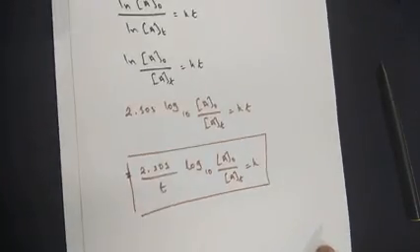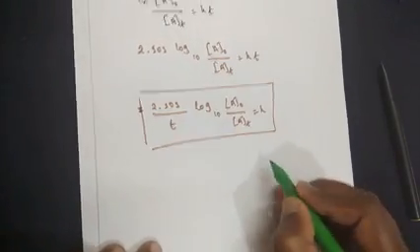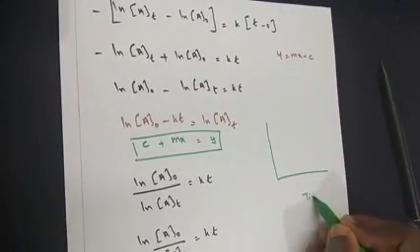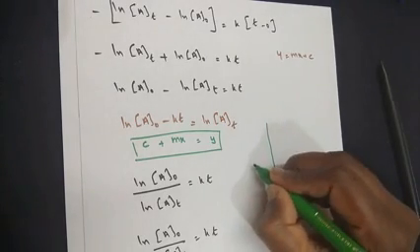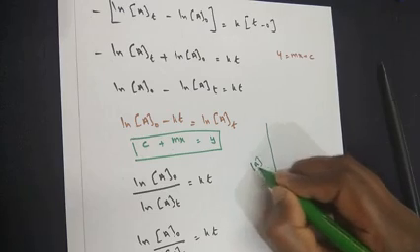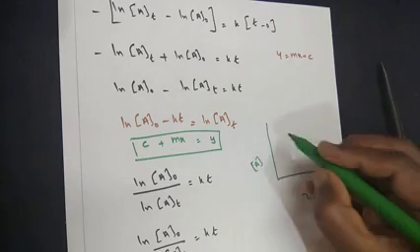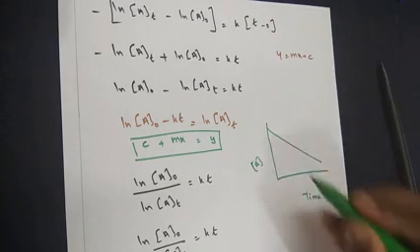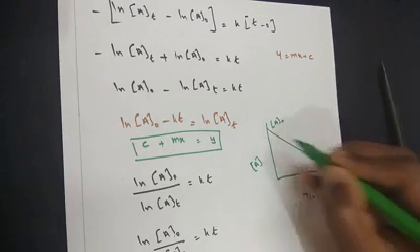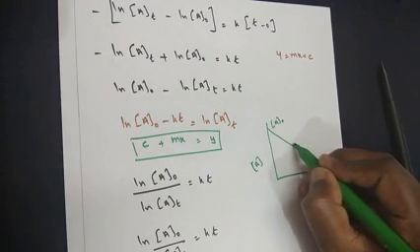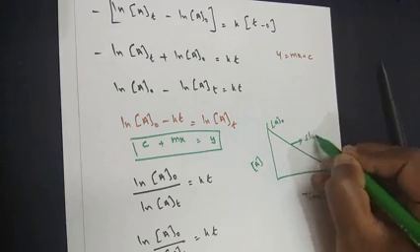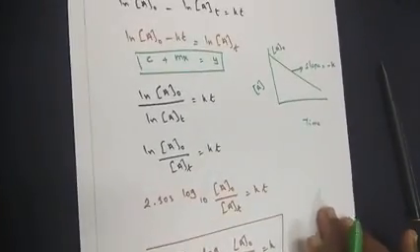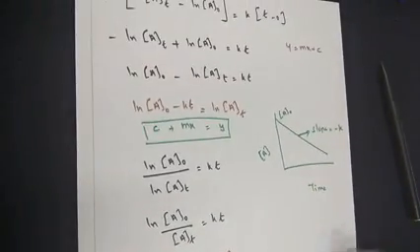Now what's the final conclusion of it? If we plot the graph for this particular step, we have time on the x-axis, as we have seen, and concentration on the y-axis. For a spontaneous reaction, there is a decrease in the concentration. So this is A naught here, the initial concentration. This is the slope for us. The slope is equal to, the intercept is minus k here. So this is the graph for the first order equation.